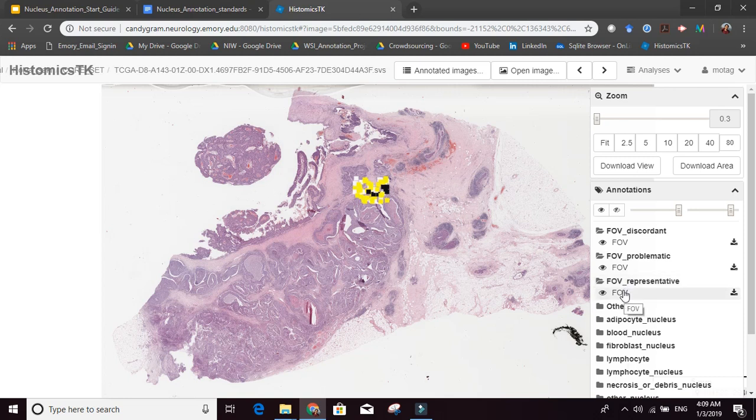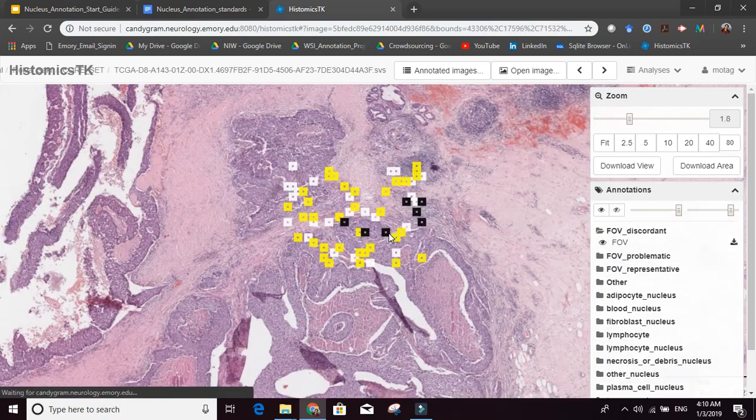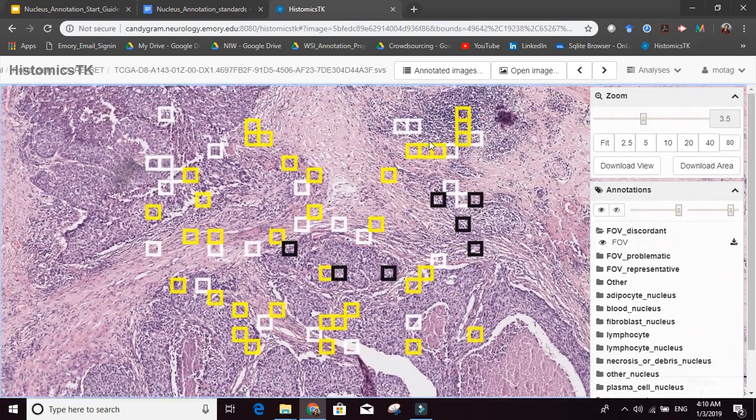It's a subtle difference, I'm not going to go into that. But after you click on this eye icon, it will show you where the different fields of view are. You can see Rukaya has maybe 25, 30 fields of view, something around those lines. These are the fields of view that Rukaya needs to annotate for this particular slide.